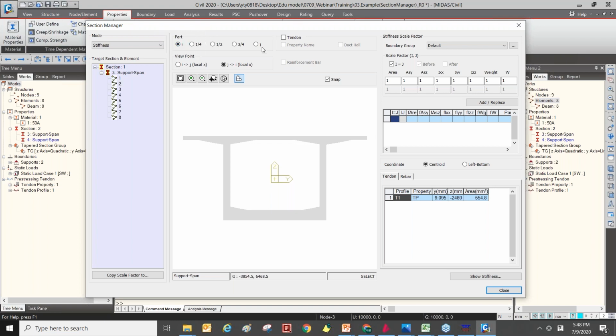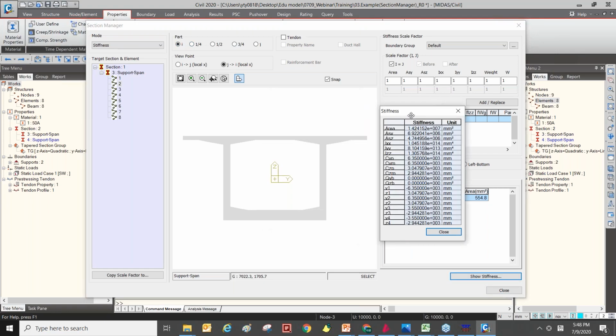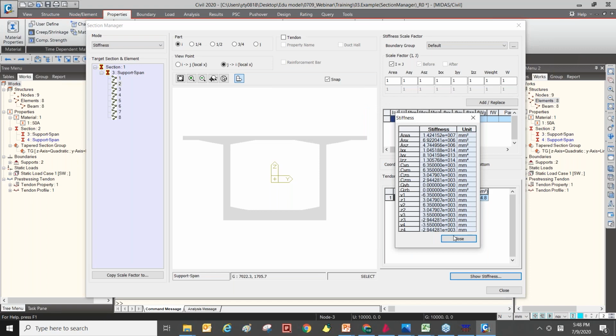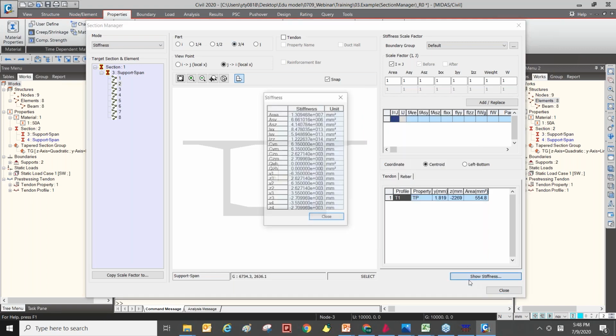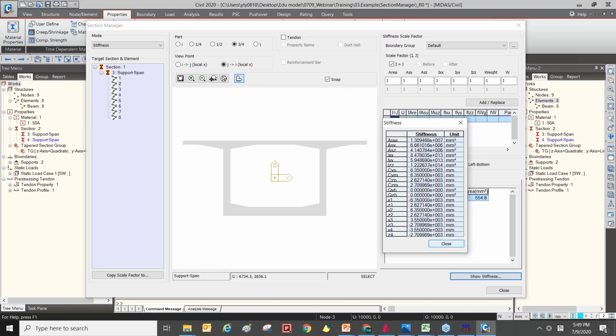This is I-end, this is J-end, and these are the quarter part, the half length, and the third quarter. Each part shows the stiffness, which means section properties. So without creating the additional section, you can check the detailed section properties here.